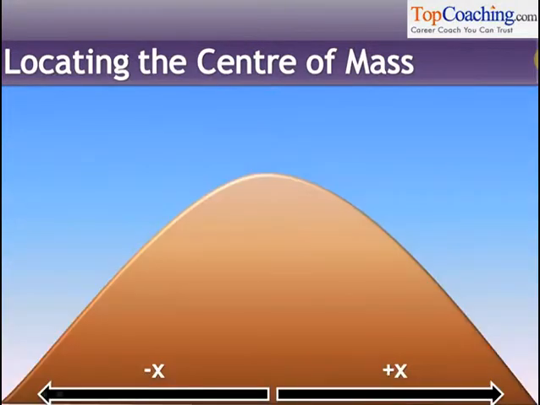Understood? Similarly, take a look at this mountain. As you can see, the central axis in the middle of the mountain passes through the origin. So the origin is in the middle and the mountain stretches towards minus x and plus x. The average height of this mountain, let us say, varies as a function h equal to minus x square. So, at any instant, the height h of this mountain is minus x square.